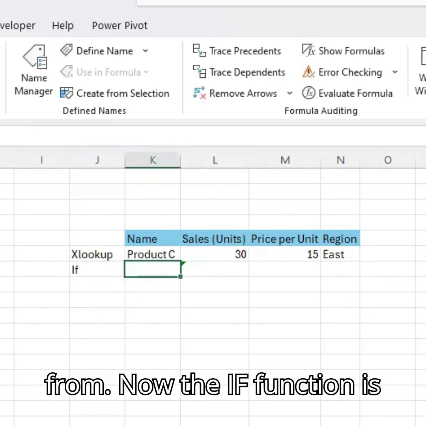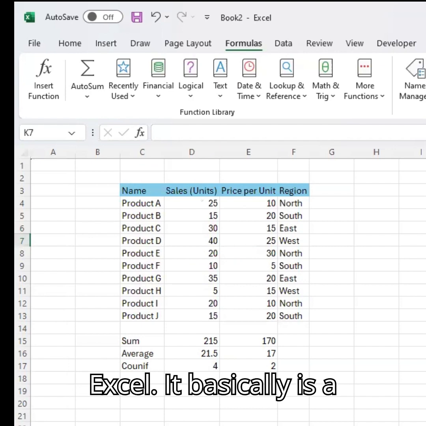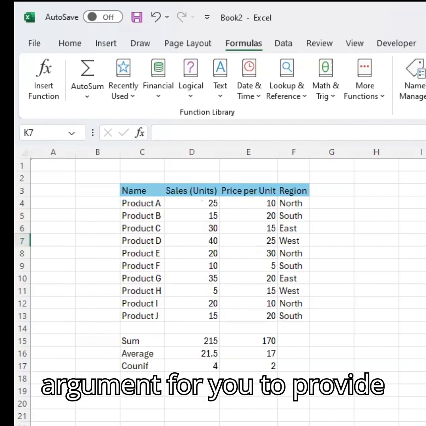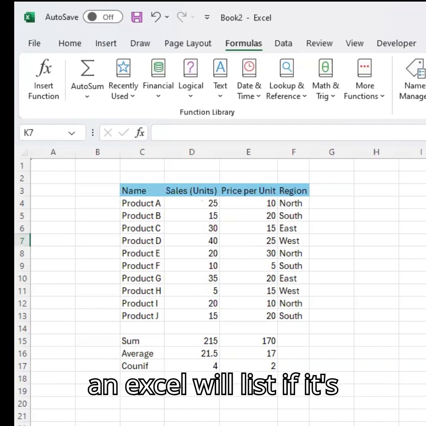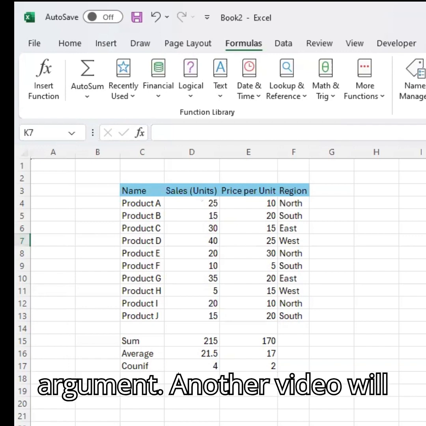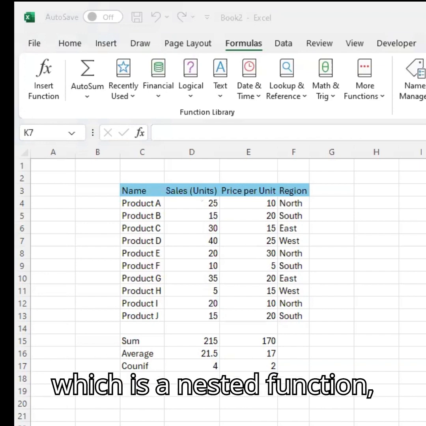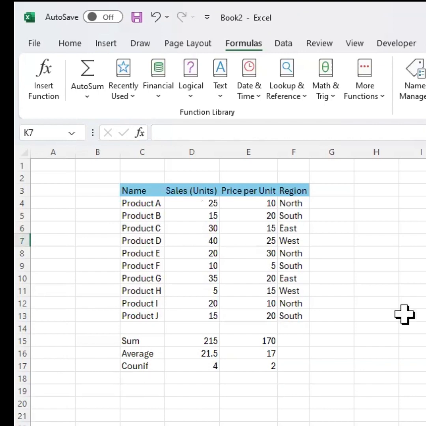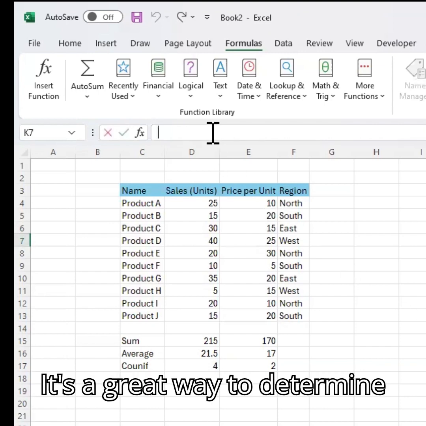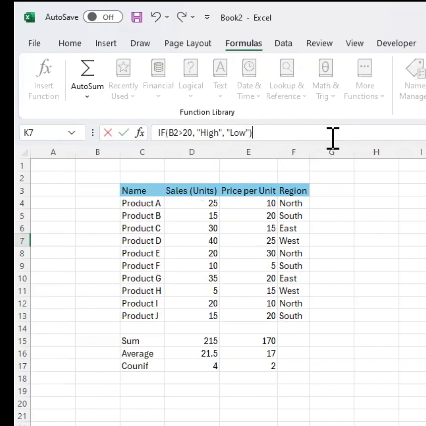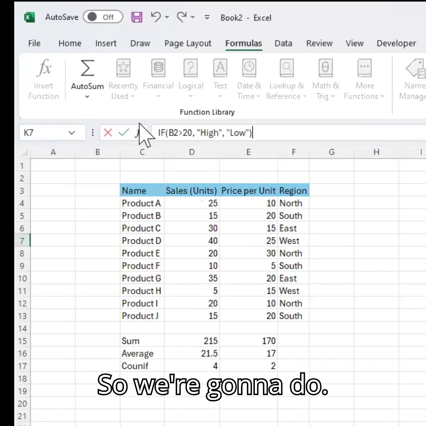Now, the IF function is one of my favorite functions in Excel. It basically is an algorithm. Simply put, it just creates an argument for you to provide, and Excel will tell you if it's right or wrong. We're going to give it a very basic argument. In another video, we'll do a more advanced version, which is a nested IF function, which is a great tool if you're creating a large data set, or working on some regression. It's a great way to determine if it's useful or not. So we're going to do